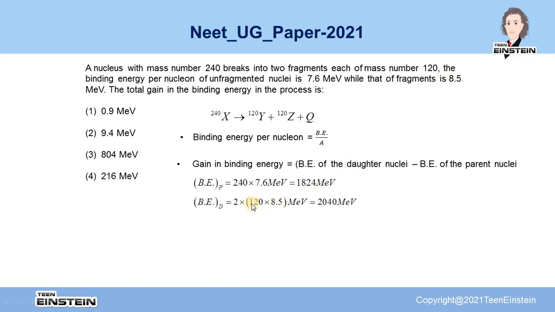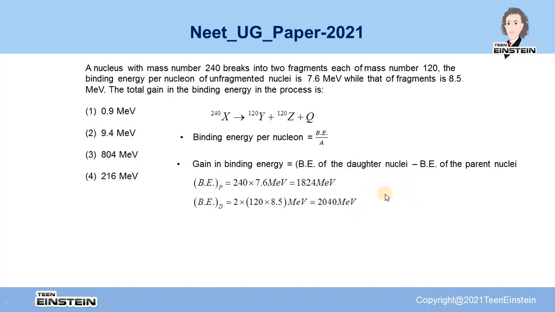So there are 120 mass number, and there are two daughter nuclei. So 2 into this. So that gives rise to 2040 MeV. Now if you take the difference,